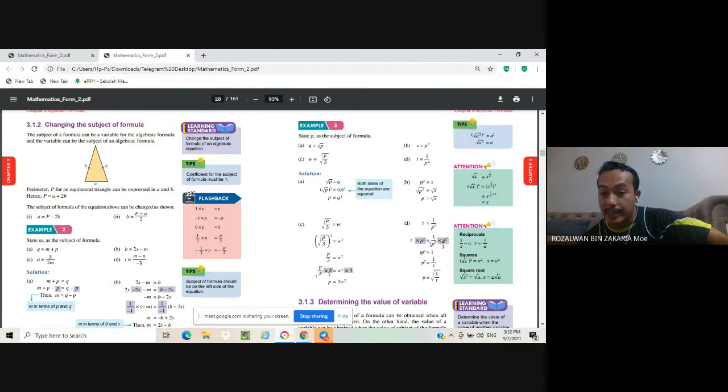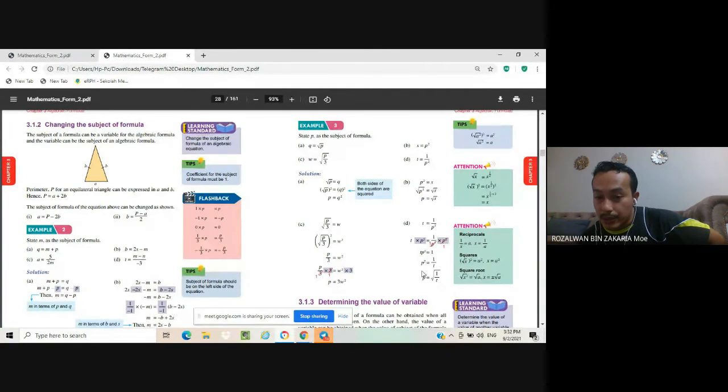Okay, why need to multiply with the P power of 2? Because we want to cancel the numerator of P power of 2. We want to make P power of 2 become denominator. So T multiplied with the P power of 2 will become TP square equal to 1. Class, do you understand why this one become 1? Because P power of 2 and P power of 2 here cancel each other, right? So this one become 1.